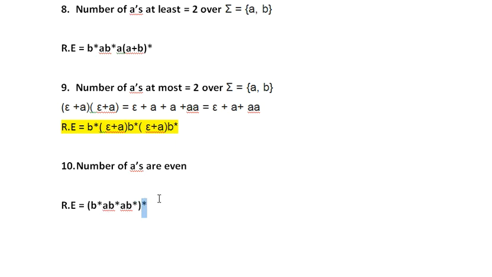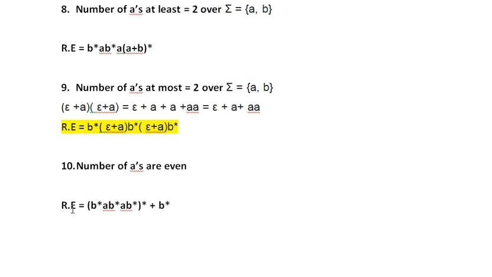But the question is that the number of a's is even, but b doesn't have any restriction. So for b I have to take one more expression like this. If the asterisk value is 0, then at least b will remain in the string. Or if both a and b are null, then definitely asterisk value 0 means it will take the whole expression as epsilon. Clear? So this is the final expression for number of a's even.